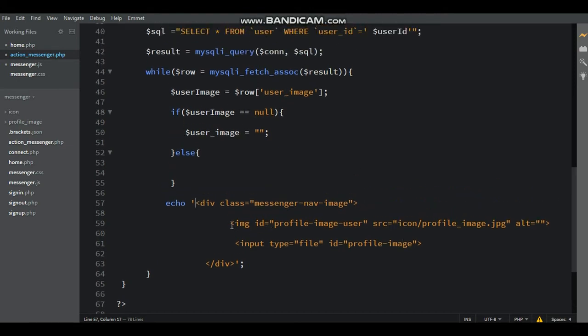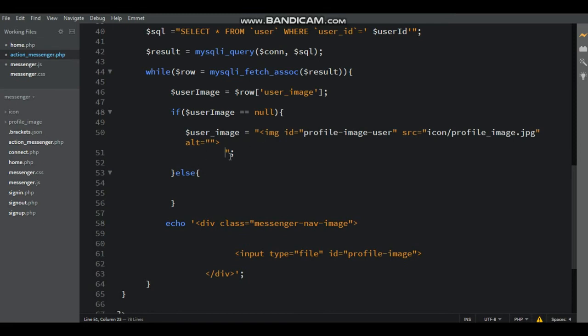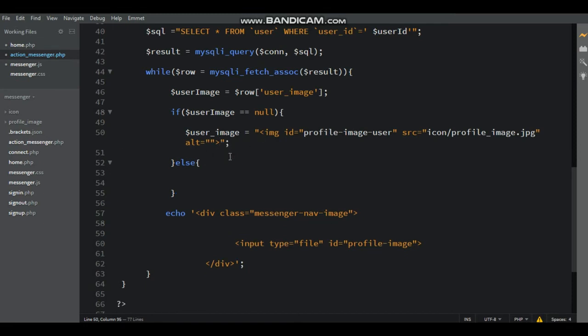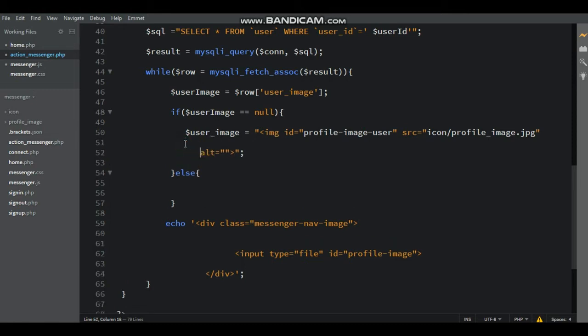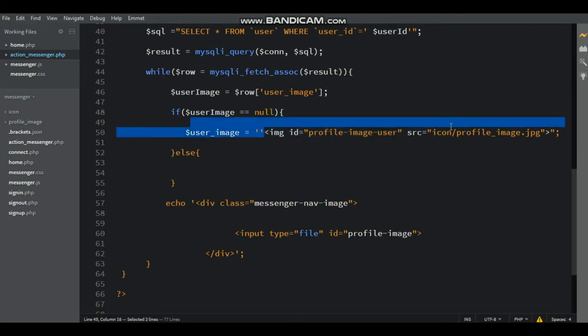Now cut the image tag and paste inside the if function, here first write single quotes, first remove the alt, now write single quotes, paste image tag inside the single quote.